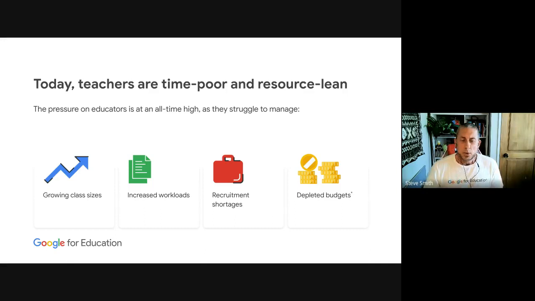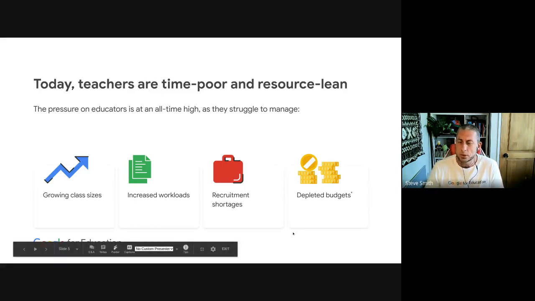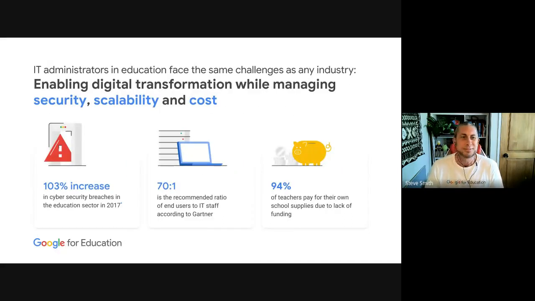We all know that teachers are time poor and resource lean. We've all obviously been in schools, or you guys are out in the schools at the moment, so we know the pressure on you to look after your classrooms is super high. How can we look to change this for you? For IT admins, it's the same deal as the teachers. You are overstretched, under-resourced, and time is critical. As we all know from working with IT admins, often big problems hit you real fast and you need to be able to sort them out really, really quickly.